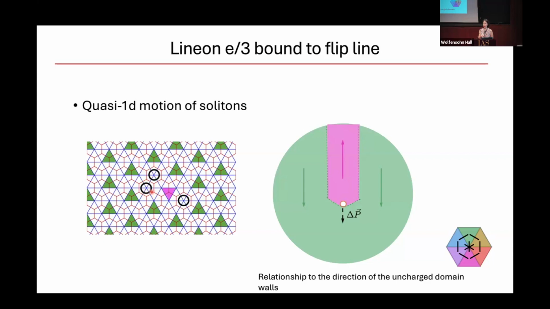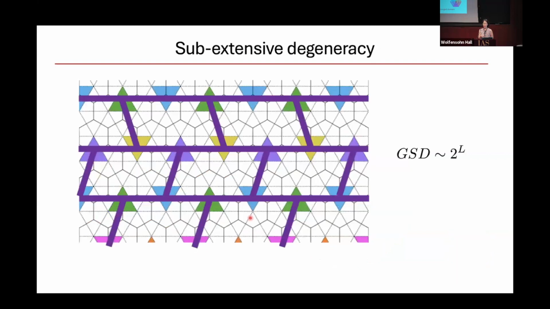By rearranging my orbitals through flipping, I can move just 1/3 of charge away. And what it is leaving behind at its trail is a flip line. And this, if I look far enough away, also has 1/3 charge. And if I go to the brick wall state, which is the other side of the order phase, it has